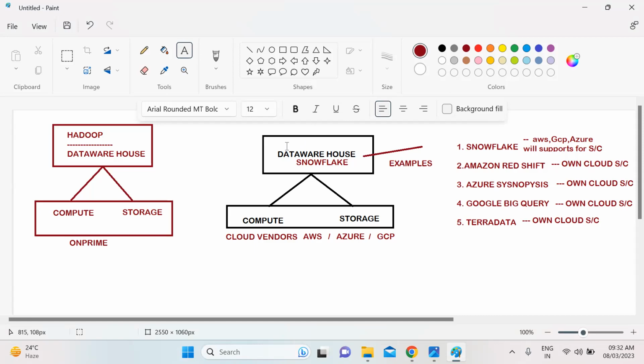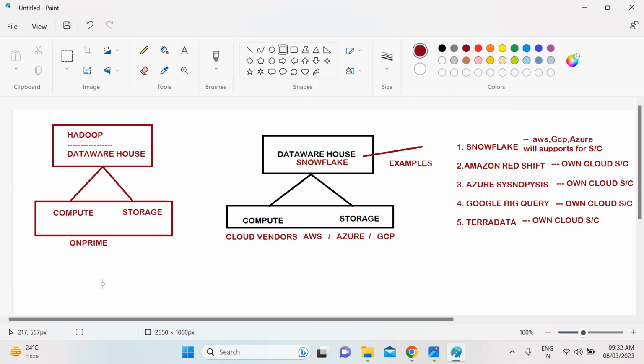Now one thing you need to remember on the cloud: compute and storage are independent things. In the on-premises, both will come under one node itself.